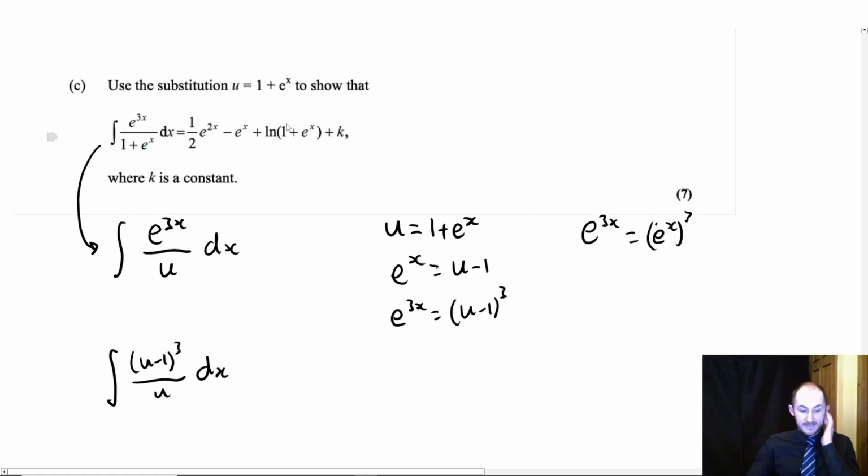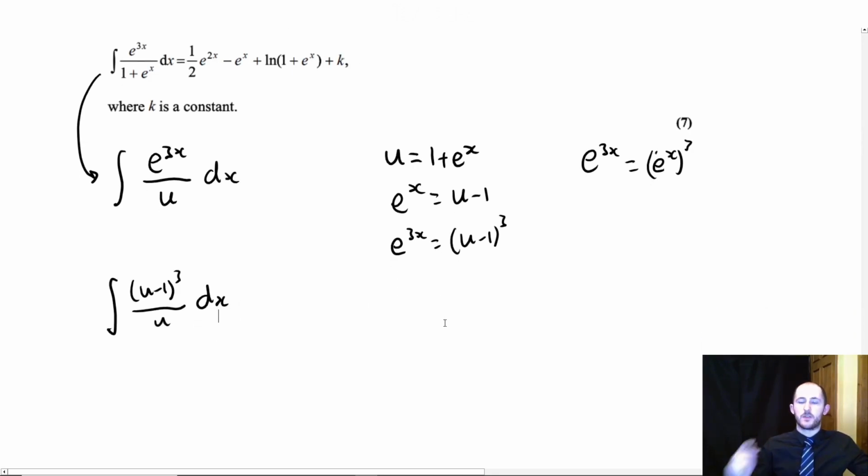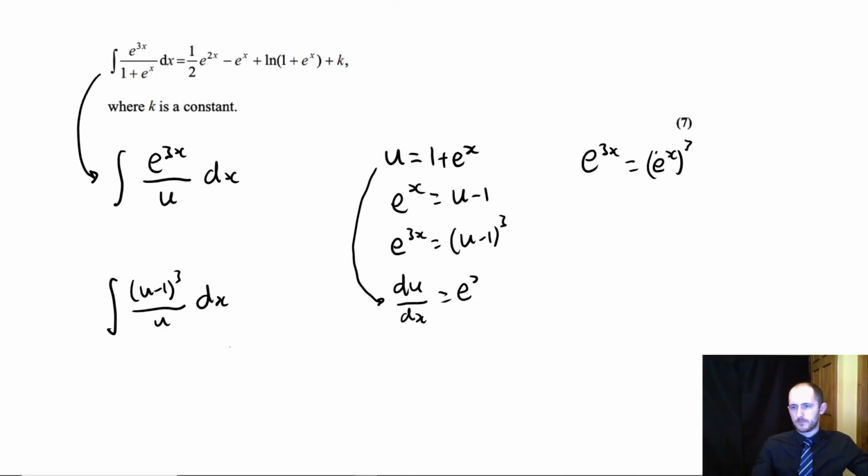Okay? So what we need to do is we actually need to substitute in for x. So the other thing you need to remember to do is to differentiate what you're subbing in. So now we have du, we can substitute that into here and we're good to go. We need to integrate with respect to du now. So dx is equal to du over e to the x, which you could write as du e to the minus x as well. So now my value is